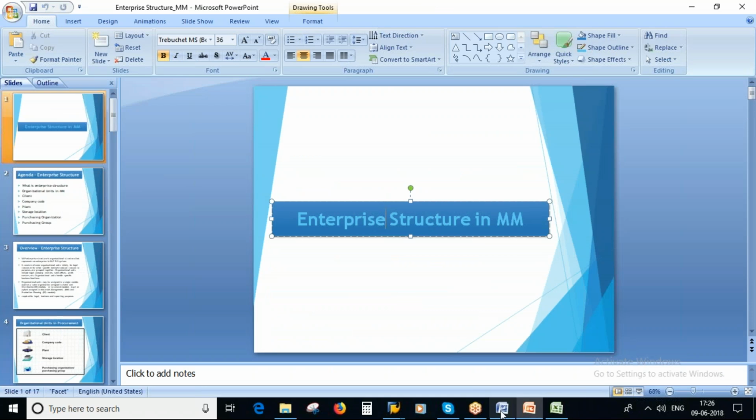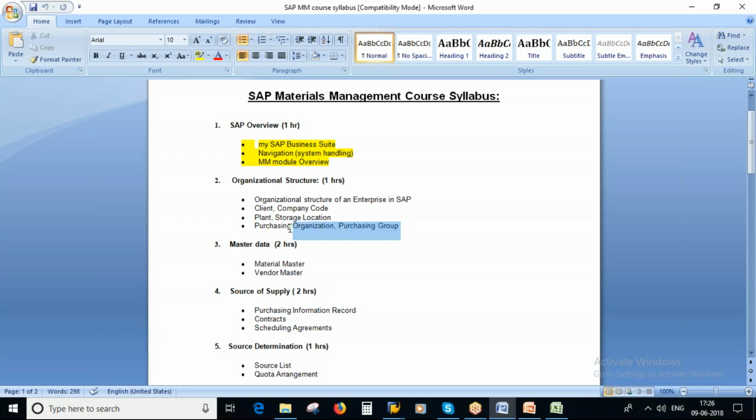So we will close it here today. We are done with the purchasing organization structure. Tomorrow onwards we will start with master data. Tomorrow will be at 2 o'clock, same time, but tomorrow we will have it for 2 hours. Fine. So we will continue with the